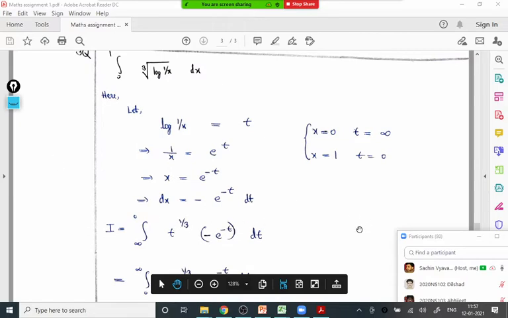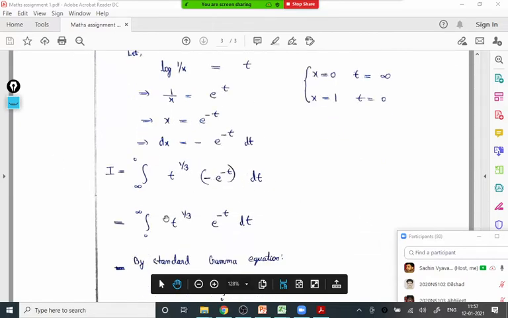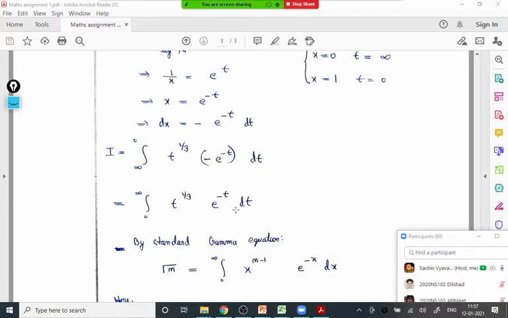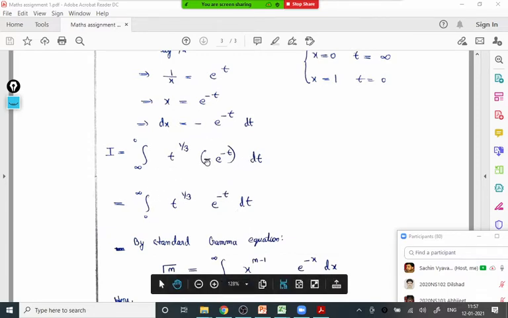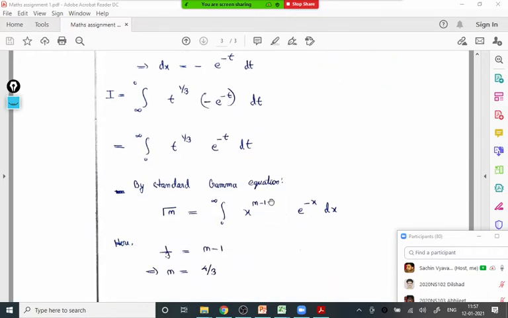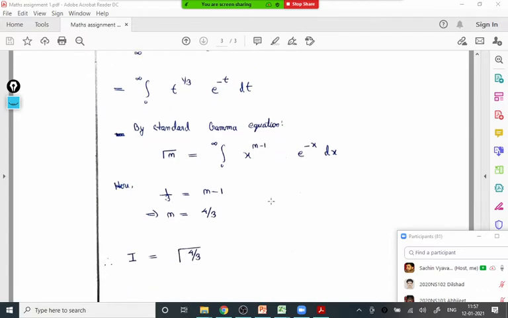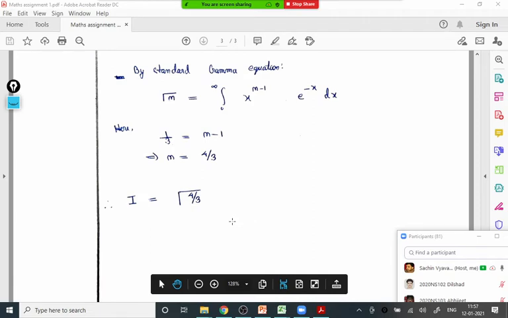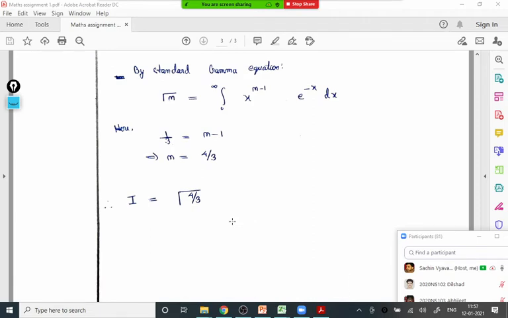Good. That's nice. It is written exactly correct. And here, this minus sign we can use to change the order of limit, and that becomes gamma 1 by 3 plus 1. It is 4 by 3, gamma 4 by 3, correct. You can write the answer as gamma 4 by 3 or 1 by 3 gamma 1 by 3. That's the correct answer again. If you have any doubt, you can ask. This is also correct.